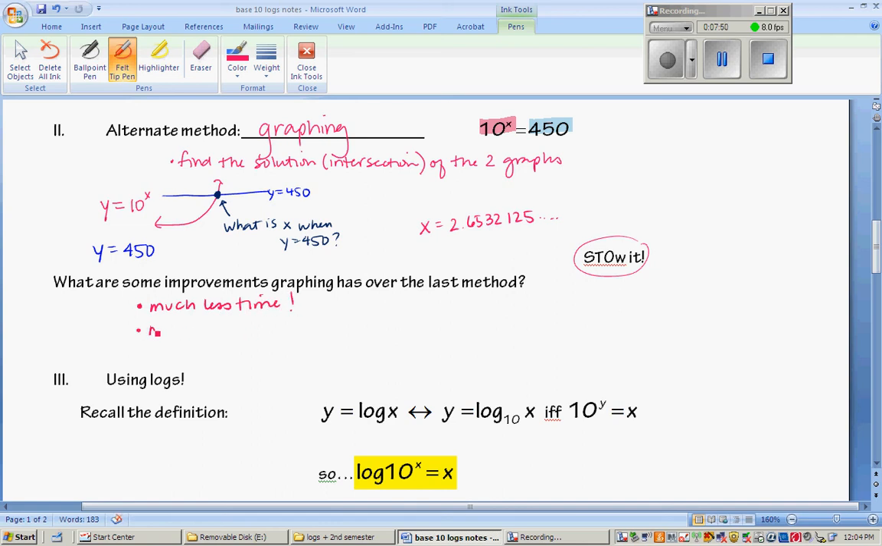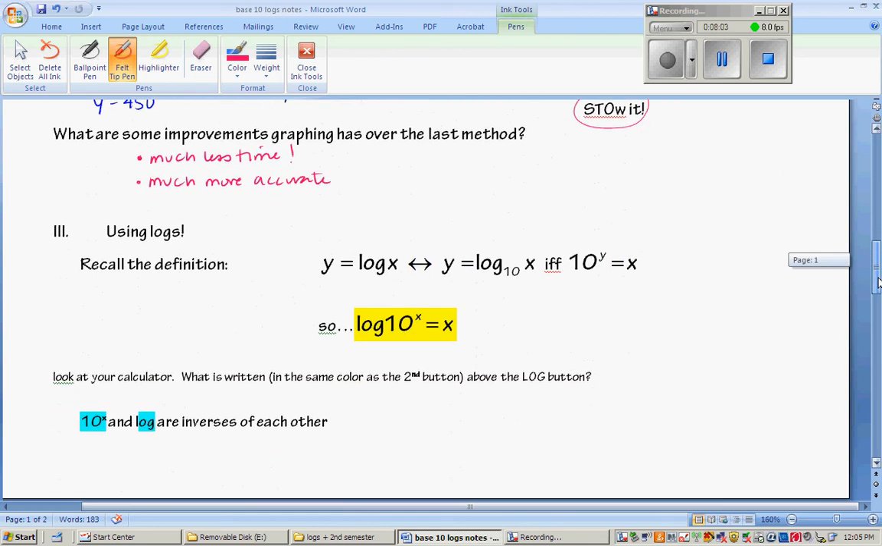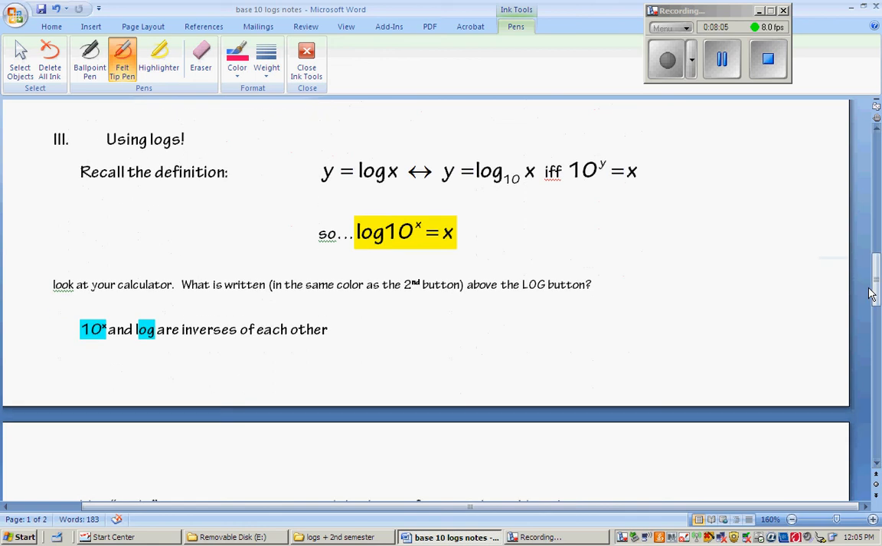And it's also much more accurate. We are going to actually get an answer. But there's an even faster way, and it's just to use logs. If you recall the definition, y equals the log of x, and I sometimes like to write it